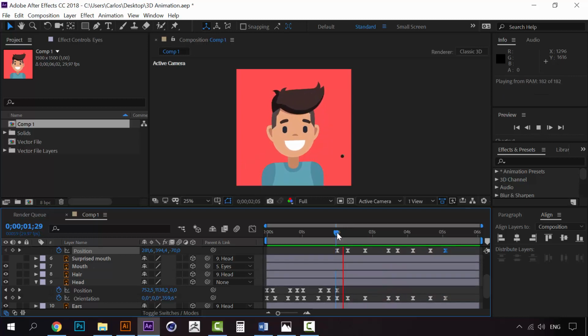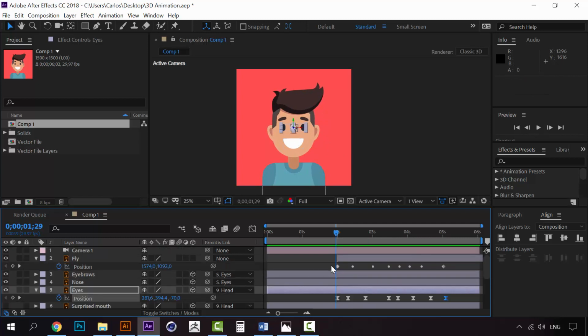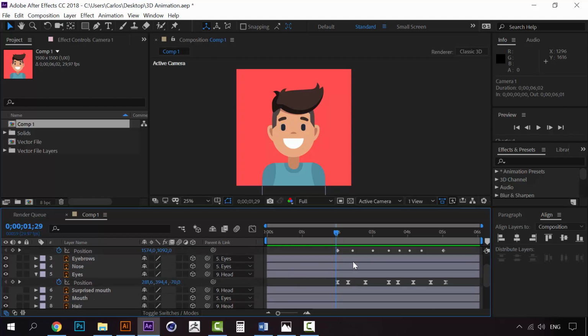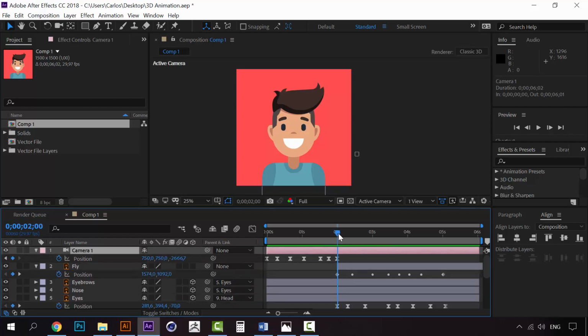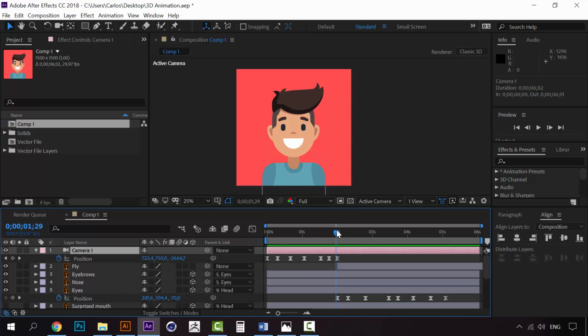Now we just have to add one more detail, and it's some movement into the camera. So we have the camera here. Alright. Now when we get here, for example, let's close the fly, and when this happens, when the eyes go here, we can move the position just a little bit on the x-axis, not this axis, a little bit, so that we can increase the change of the position. Here